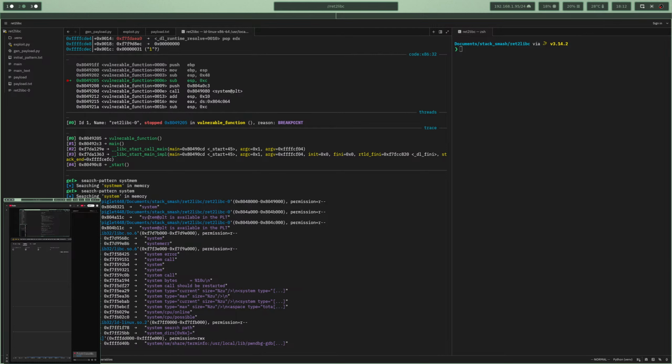And here we see that system is also in the procedure linkage table because it gets called in the program. I actually don't have the source code for this, but I get a high-level disassembly, particularly the intermediate language using Binary Ninja, and there is a system call, obviously, that gets called in the actual program, in the source code, so it's in the procedure linkage table. On top of that,